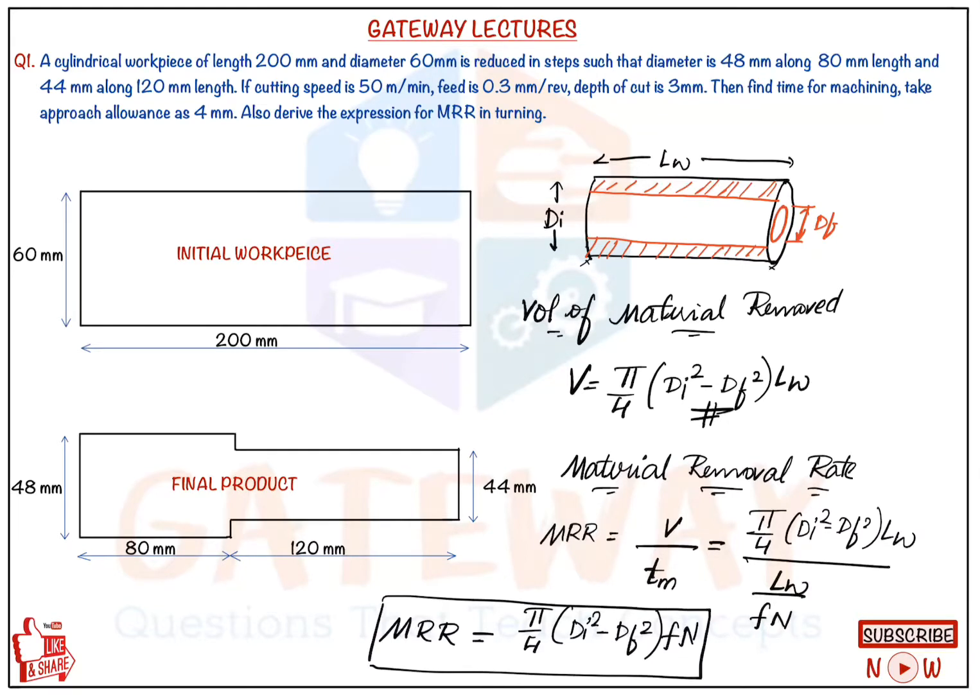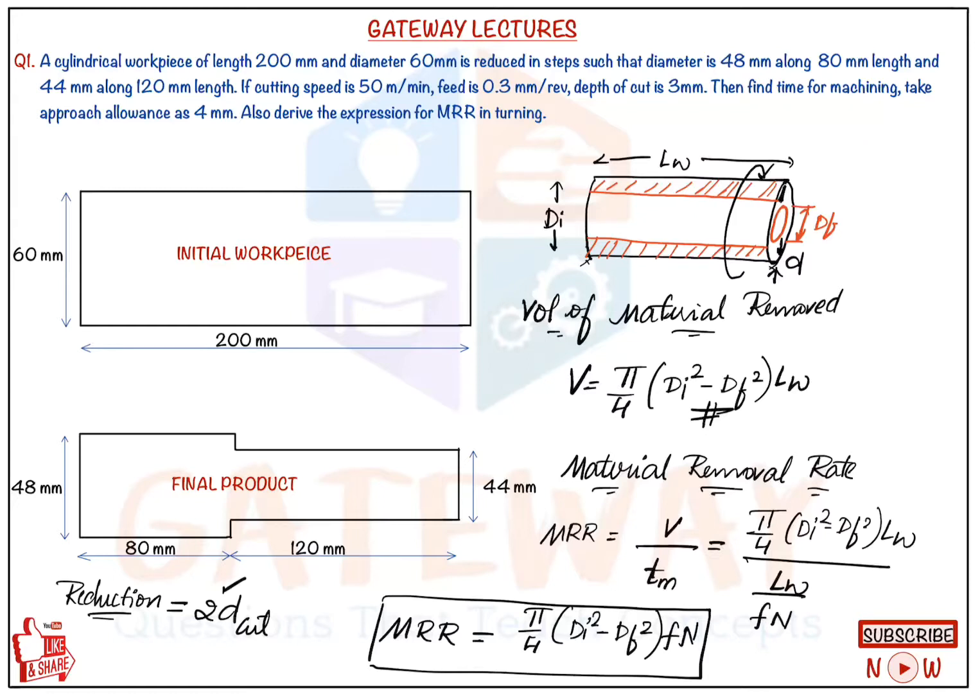And here we need to discuss one more term, reduction. In turning, the main aim is to reduce the diameter. So in a single pass, what will be the reduction? Reduction will always be equal to 2 into depth of cut. Why is it 2 times the depth of cut? Because it is a cylindrical machining. We are giving a depth of cut of d, but the tool is only on one side. Since the workpiece is rotating, metal removal also happens on the other side. The total reduction in the diameter for one complete revolution will be equal to 2 into depth of cut.